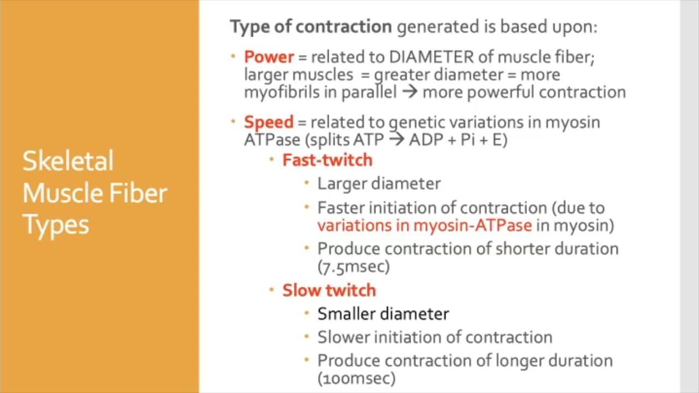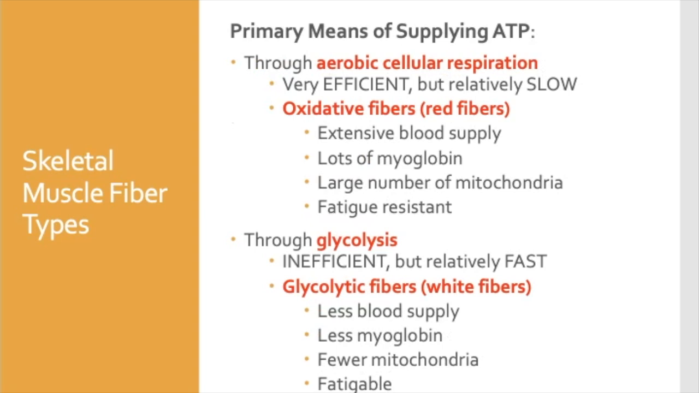Slow twitch muscle fibers are very different. These are the ones that tend to have a smaller diameter. They're going to initiate contraction more slowly, but the contraction that they produce is of longer duration. The other way that we classify muscle fibers is according to how they get their ATP. And here there are 2 different metabolic pathways that will produce ATP in the muscle fiber, either aerobic cellular respiration or